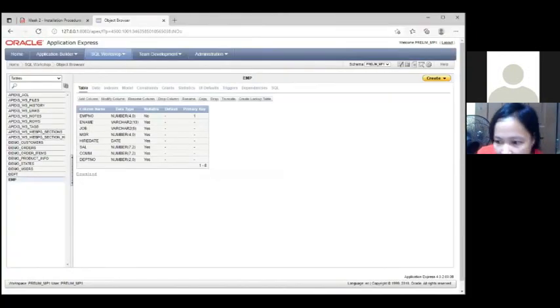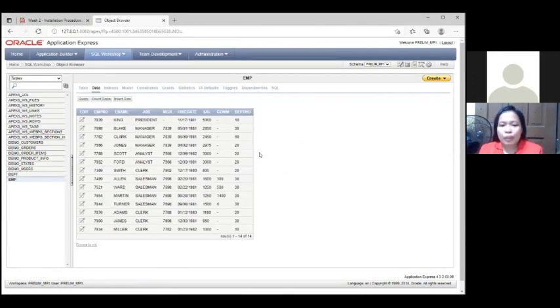While you click the data, sa taas, data. Diyan ipapakita yung laman ng database. Kanina, columns lang. So, ano laman na data? Ito na yung laman na data ng database natin. So, sabi dito, we have 14 rows. Okay? So, you can edit that. Kapag click mo yung edit button dito,